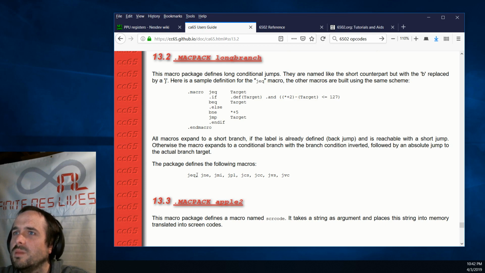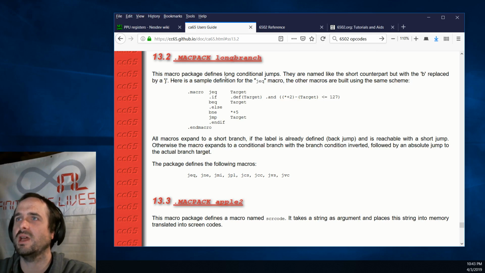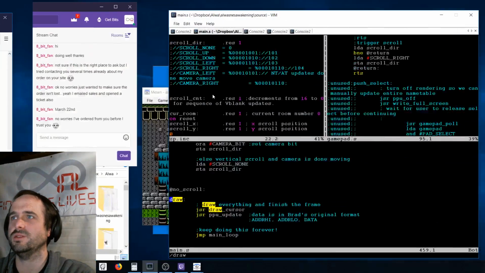So all macros expand to a short branch if the label is already defined, back jump, and is reachable with a short jump. Otherwise, it expands. So I can just do macpack long branch, and then when that happens, I can do jump if equal to